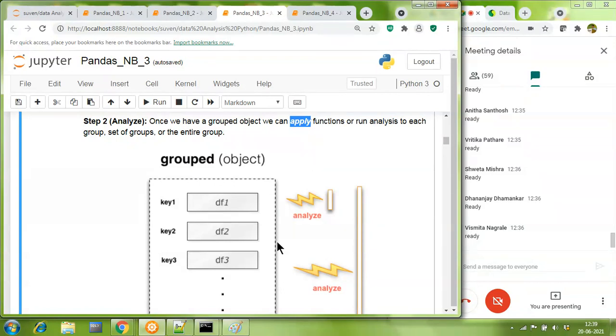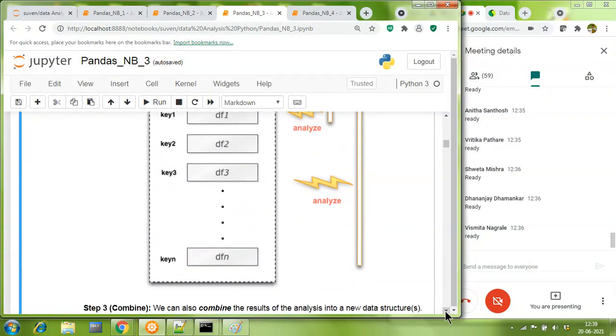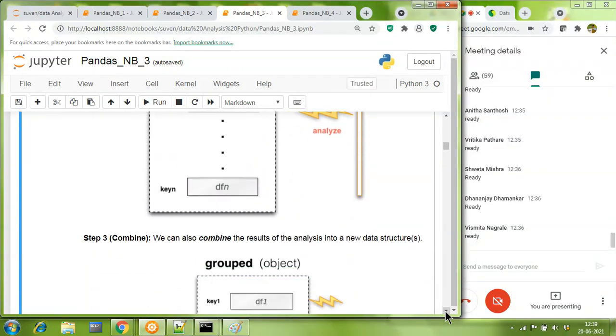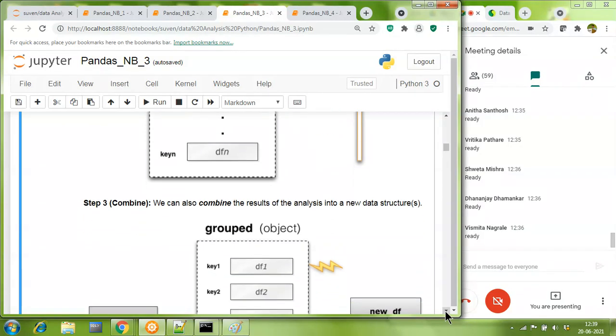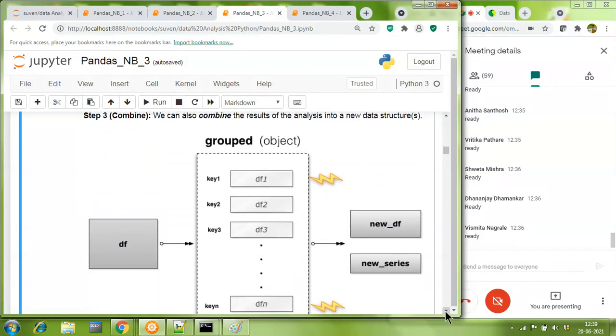आपका पूरा data frame तो है ही नहीं, वो तो split हो चुका है into smaller data frames already. So जो first data frame यहाँ है df1, उसके ऊपर mean apply होगा and you will be getting the mean price of the wine or the average price of the wine in the country called US. Then the average price of the wines for the country called Portugal. So like this, you have got average price of wines in US, average price of wines in Portugal. You got one value for each data frame. Now, whatever one value you have got for each data frame, don't you think that logically we should combine them? Yes, we should. Then that's what we have done.